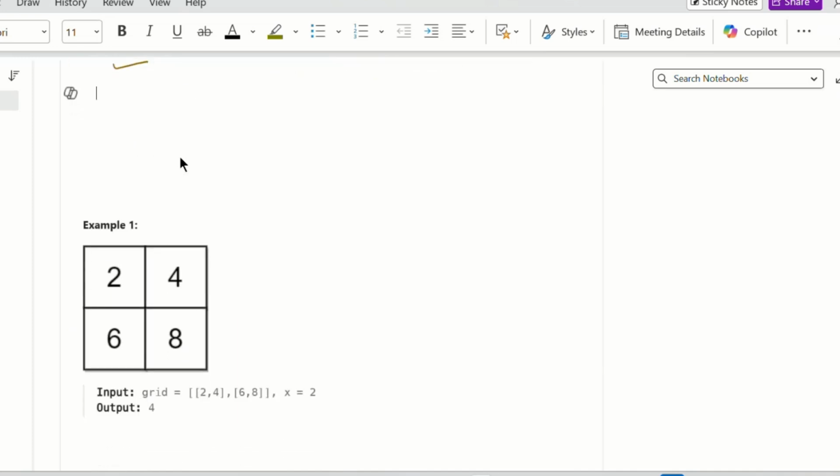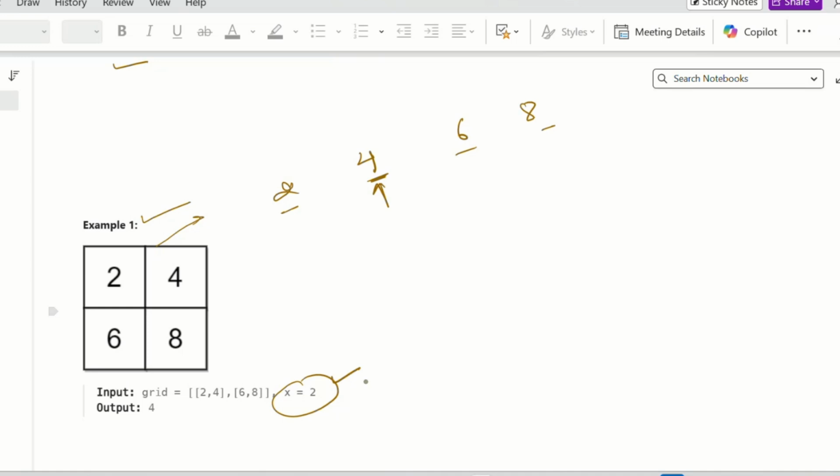So, if we have a grid something like this, for better clarity, we need to find some value from this grid. There are four values: 2, 4, 6, 8. We need to find some value, suppose like 4. If I try to convert all my values to 4 using x, I can subtract x or add x. If I add or subtract by 2, I can make all values equal to any value. In this example I am supposing I am making it equal to 4.